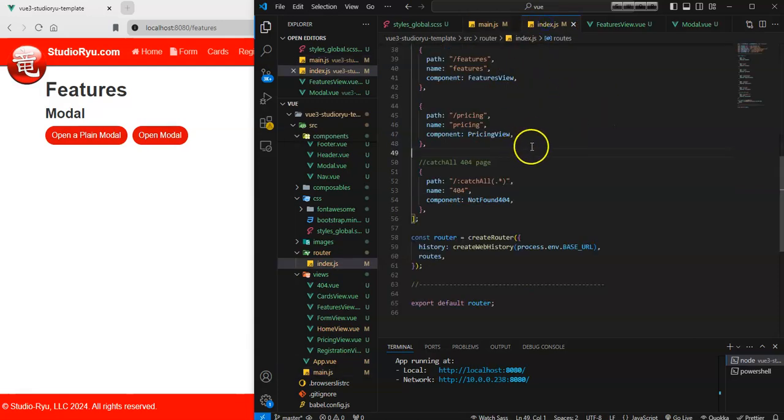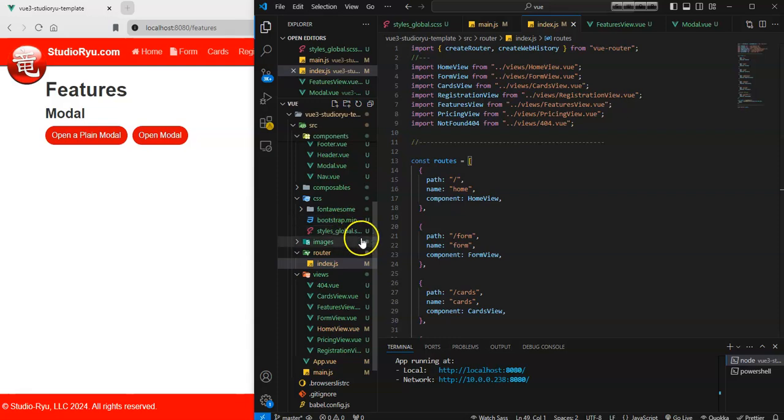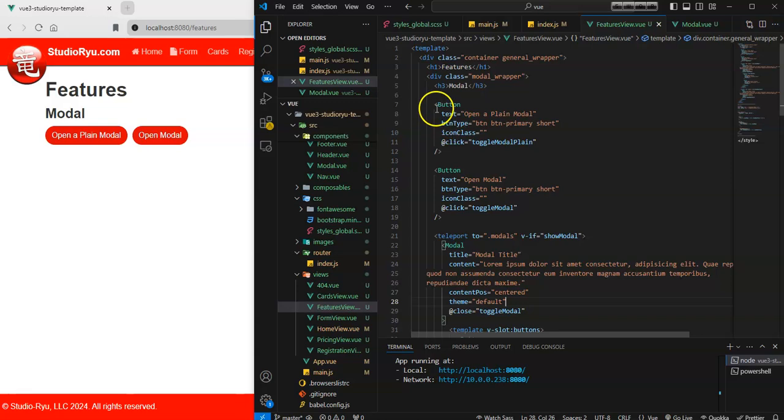So we looked at index here, which is the index for the router for navigation, and then features view. So back to features view. Basically, buttons are being used. They're sharing properties. So they're basically just a plain button, and in order to get the different look and feel and content within the button, I have the text and a button type, even icon class, and then the on click event here, or at click event, which is a view specific event handler, is calling a method called toggle